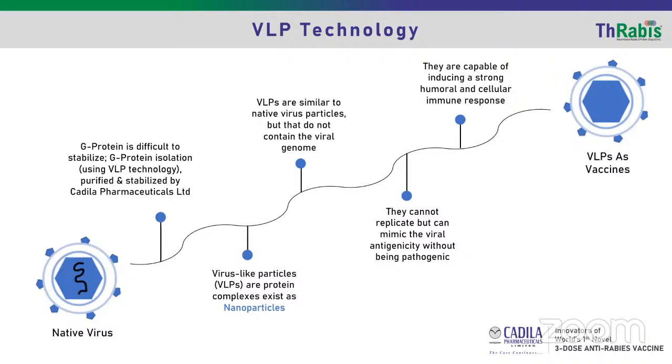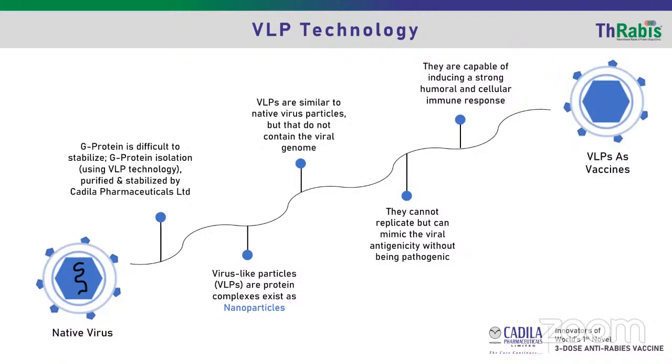reconstitution required before administration. Currently, a 5-dose regimen administered on 0, 3, 7, 14, 28 days is recommended for post-exposure prophylaxis vaccination. Compliance remains a major challenge with the 5-dose schedule in the post-exposure prophylaxis of rabies. Non-compliance rate increases as the dose duration increases, and it is reported as high as 40% in